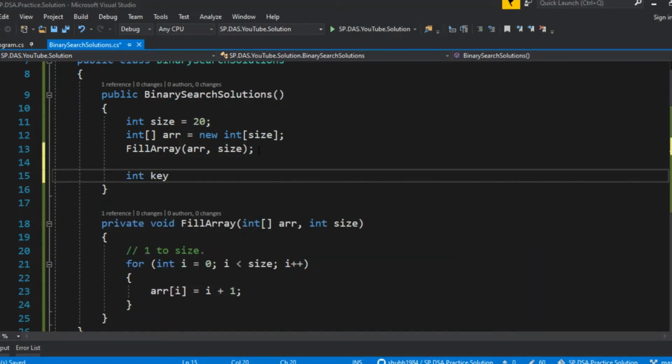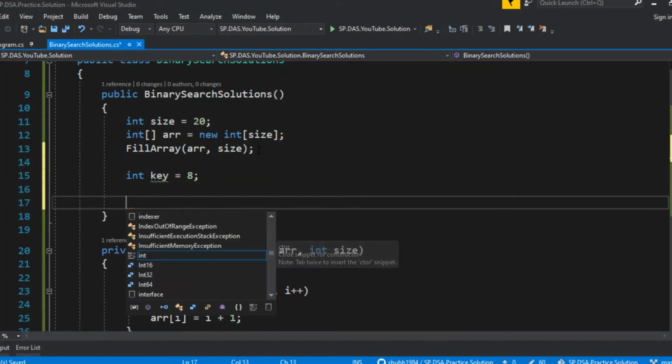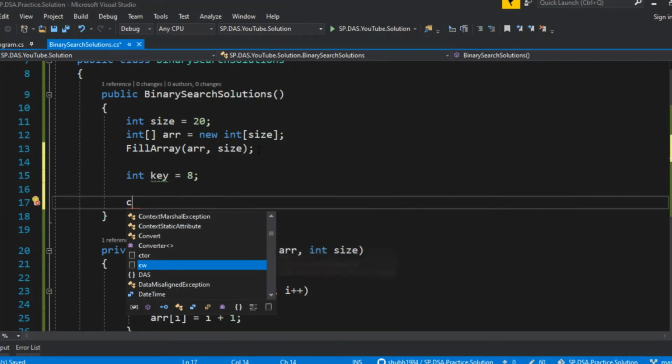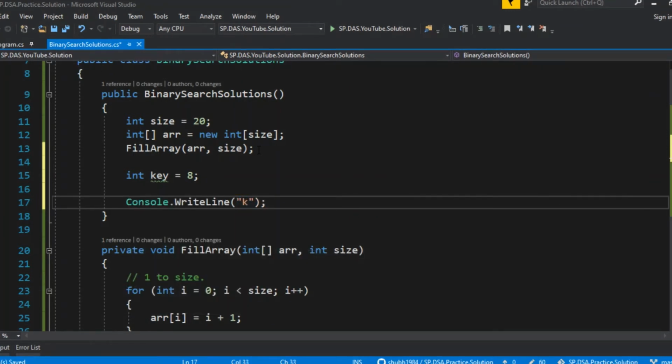And there are certain keys which we need to find. Suppose I'm going to find 8.